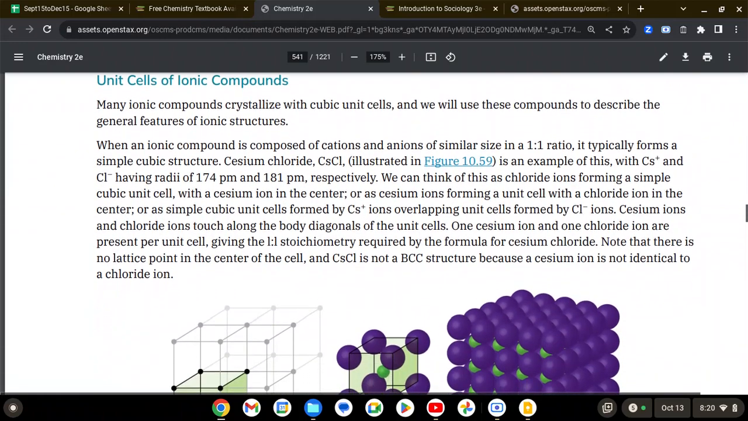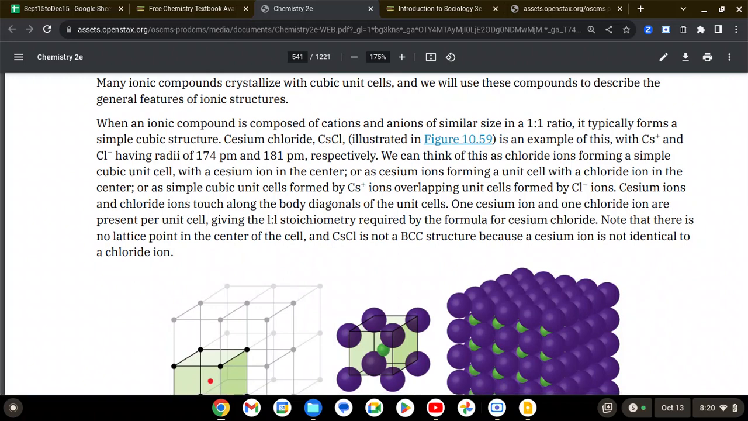Unit cells of ionic compounds. Many ionic compounds crystallize with cubic unit cells, and we will use these compounds to describe the general features of ionic structures. When an ionic compound is composed of cations and anions of similar size in a 1 to 1 ratio, it typically forms a simple cubic structure. Cesium chloride